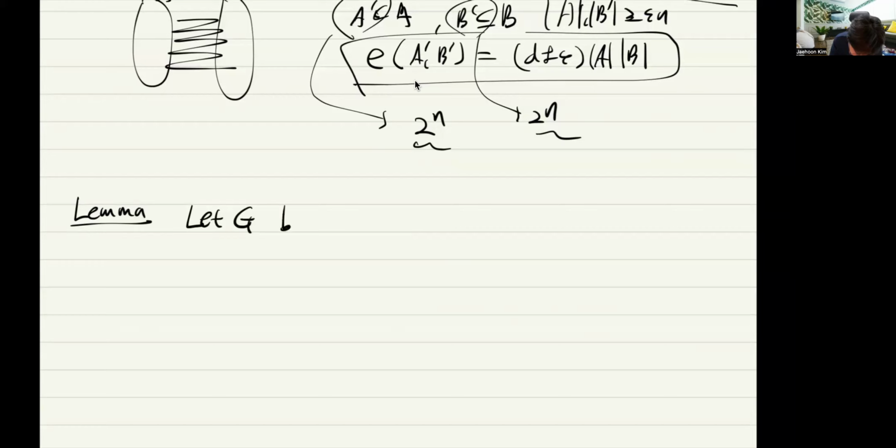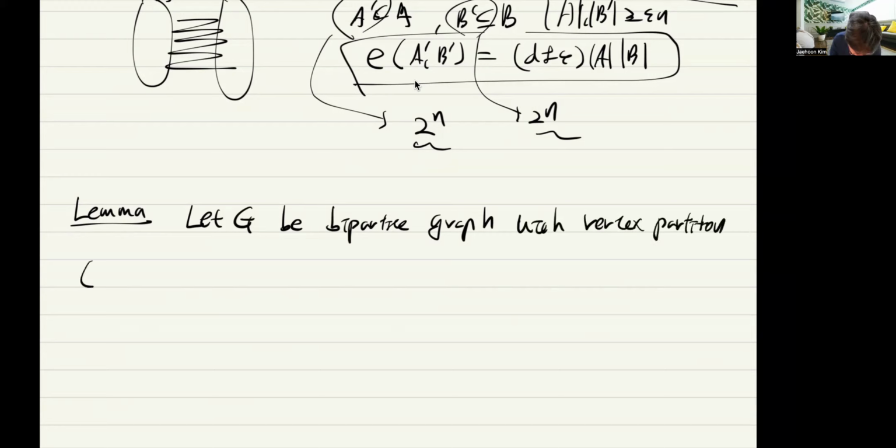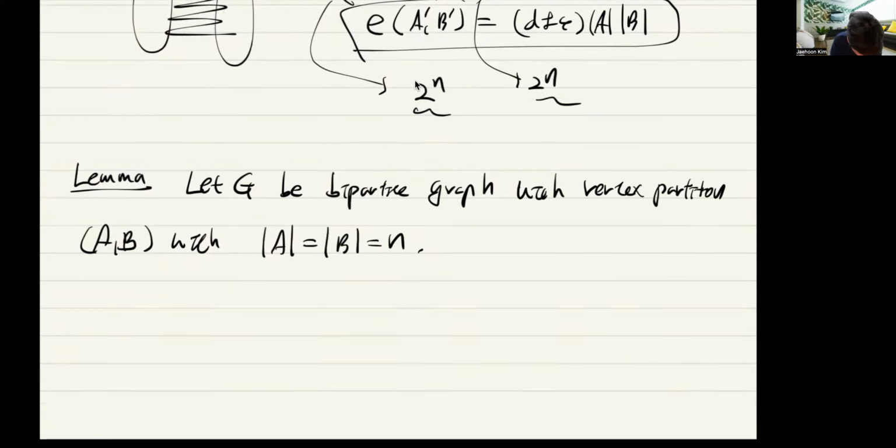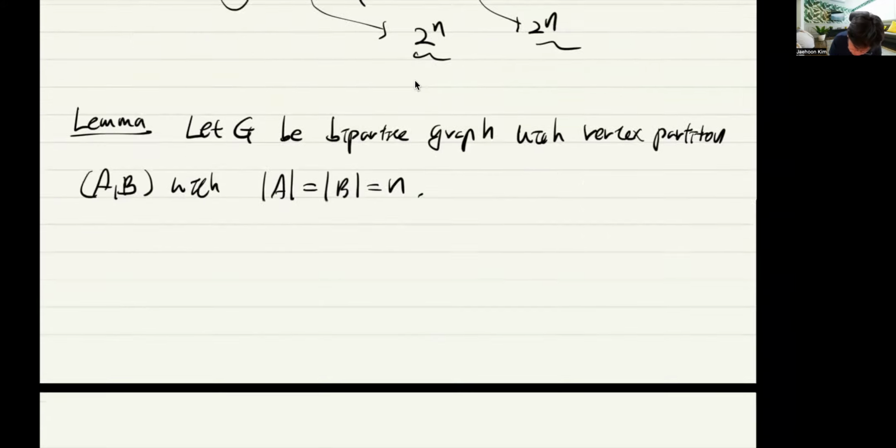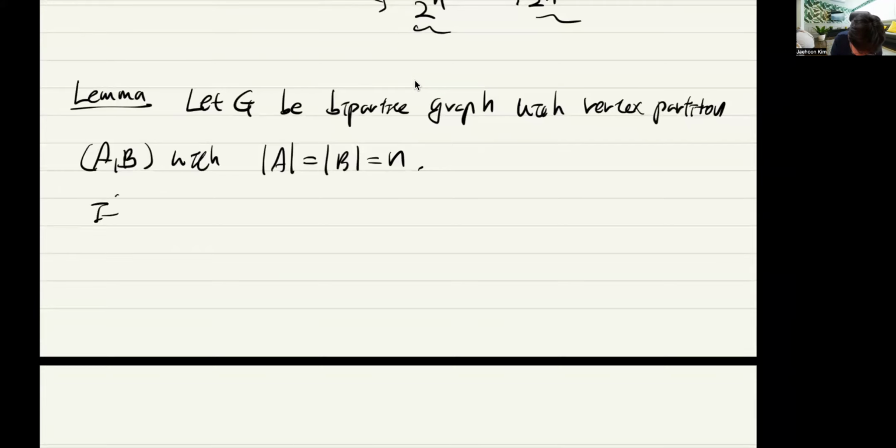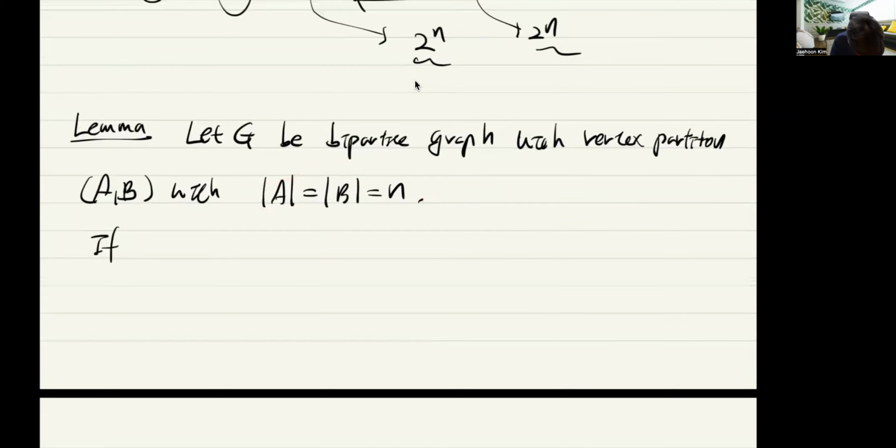which provides a much more efficient way for doing this. Let's say you have a bipartite graph with vertex partition A and B, and both of them have the same size. Technically, this does not have to be exactly equal, but anyway,